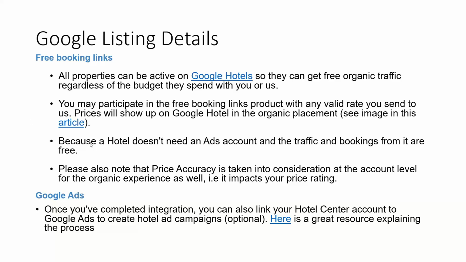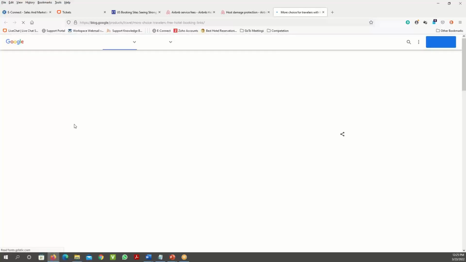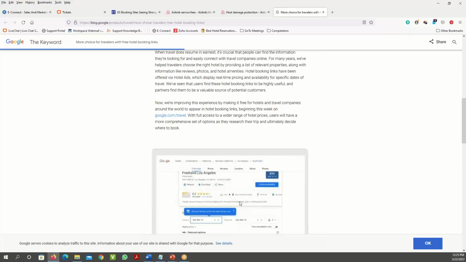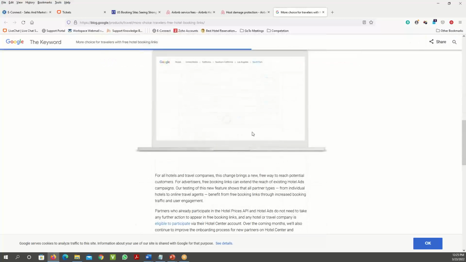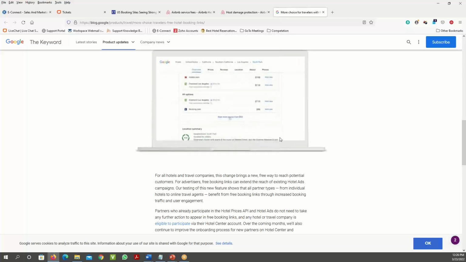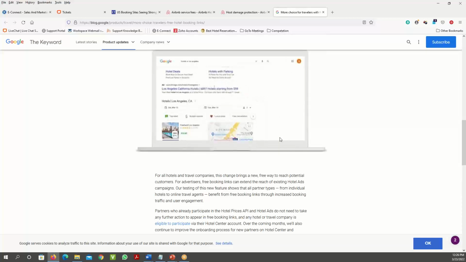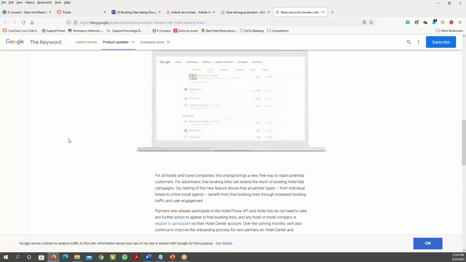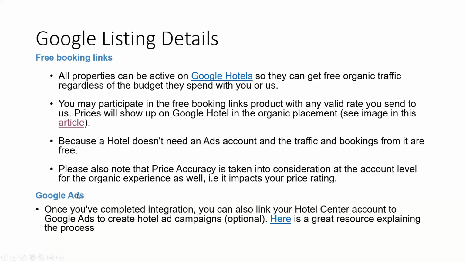All right, let me just look at this. I'll show you this one. So if you look at this, how it shows up. This one is an article that gives you an idea of how it works. When somebody searches, it starts showing this map, and you can click on it and look at the different listings from Booking.com, Expedia, whatever, but you also get listed as what they call the official site. So that's an advantage. Let me just go back to our screen here.